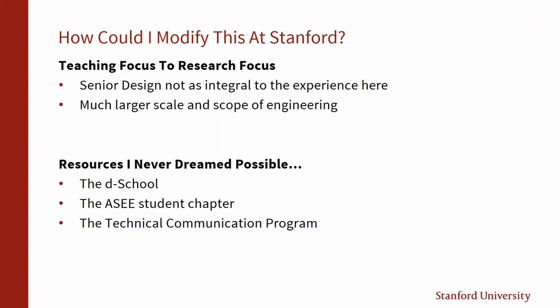And this is a much larger school. The undergraduate populations are roughly equal, but the focus is very much more on graduate students, and there are more graduate students than there are undergrads here, which was definitely not the case at UMass Dartmouth. In fact, there are more postdocs at Stanford than there are graduate students at UMass Dartmouth. So it's a much larger scale and it's a much larger scope.